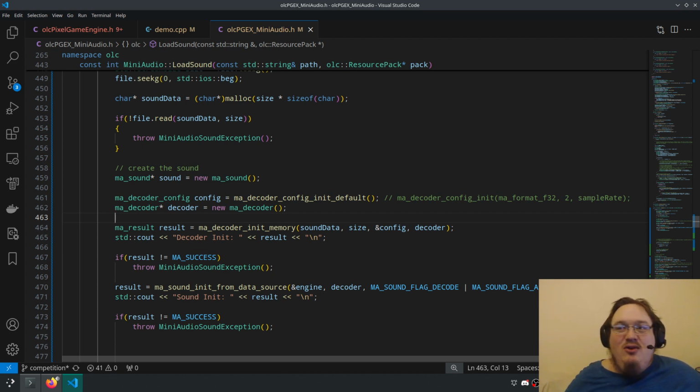I went so far as to reproduce everything natively without the resource packs to see if it did the same thing, and it does the same exact thing. I'm convinced that this is the way to go, but I'm also convinced that I'm suffering from a fundamental misunderstanding of how to use the decoder in miniaudio. So that's where I'm at.